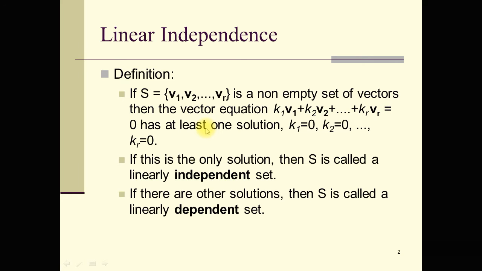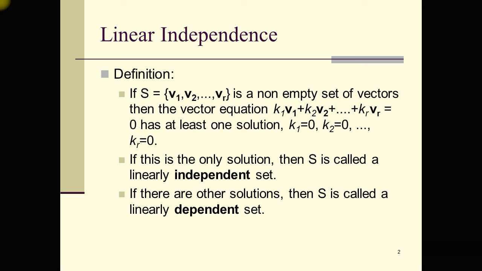to 0. From this equation we can construct a system of linear equations, and the system will be a homogeneous linear system in which the unknowns k1, k2 up to kr will be obtained. So solve this homogeneous system, and we already know that a homogeneous system has at least one solution, which is called the zero solution, and sometimes the system has a non-trivial solution additional to the zero solution.